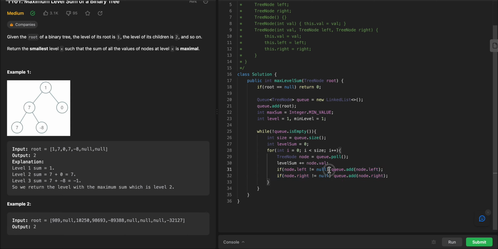So without checking whether the left is null and the right is null or not, I should have checked it here, otherwise it would have given the null pointer exception. So we need to take care of that as well. Since we checked it here, I think it should not be a problem. So here we compute the level sum, and then we add the left and right child